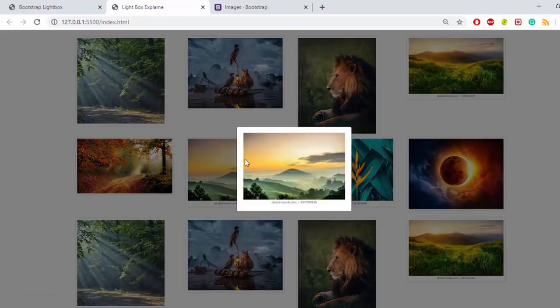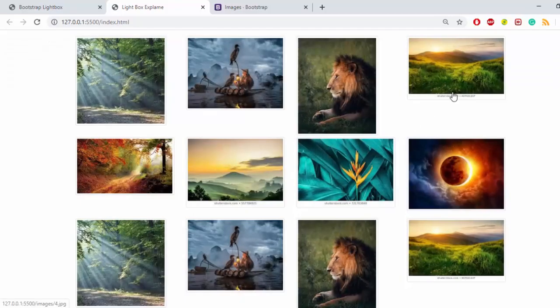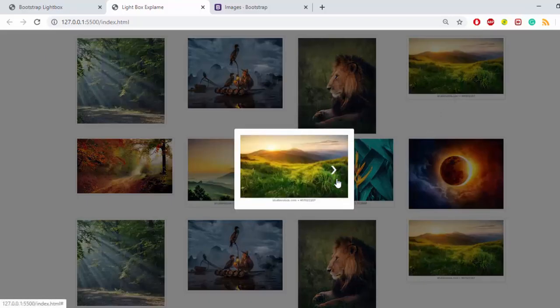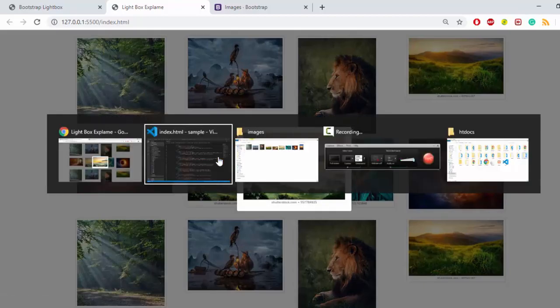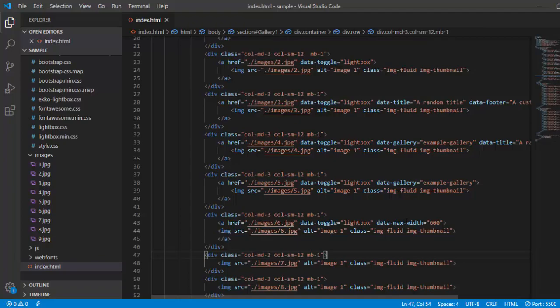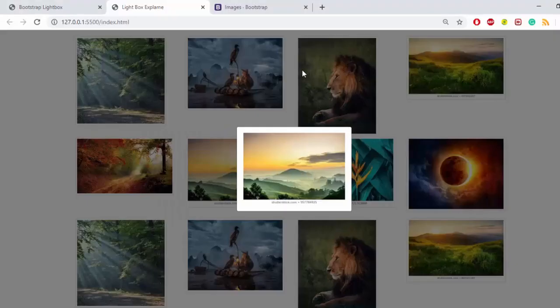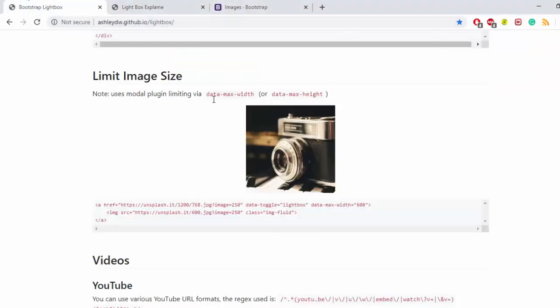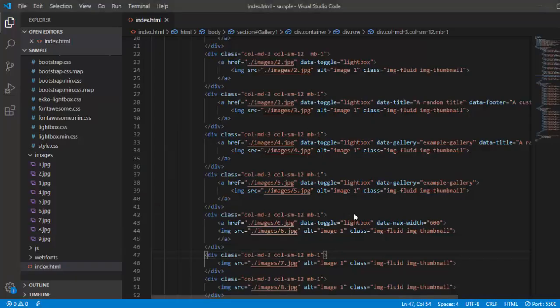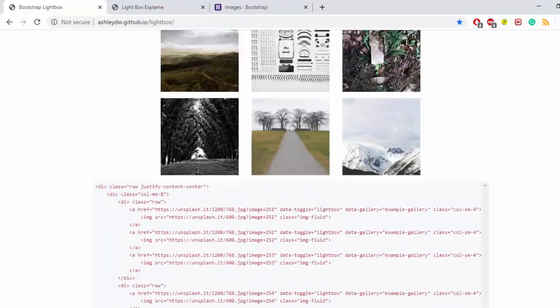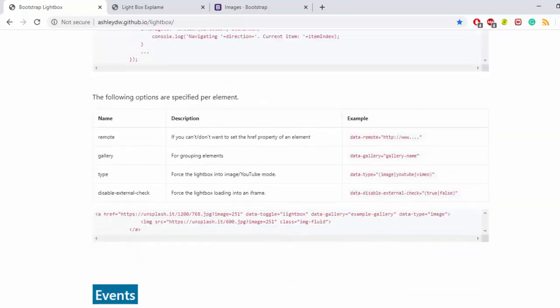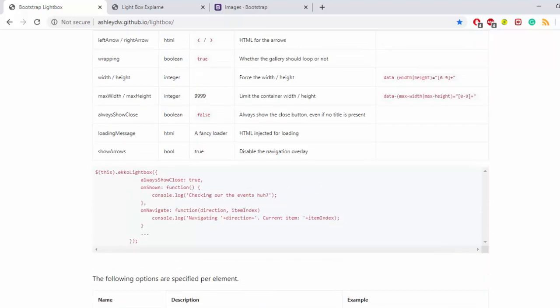Yeah, it is this image, but we have not received the maximum width. Why? Because this and this we have received, but here the maximum width we have not received. Don't know why. Let us check why we have not received it. Right, it's a data toggle Lightbox, and maximum width we have given. So for this data toggle, maximum width or minimum width, see here you have maximum width or minimum width, you need to add this part.